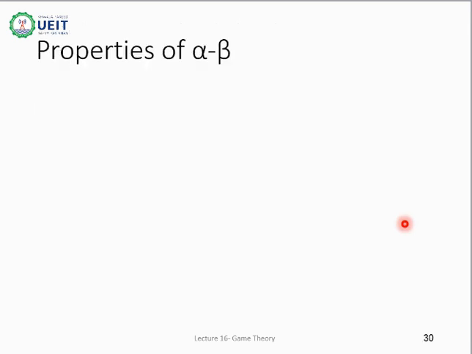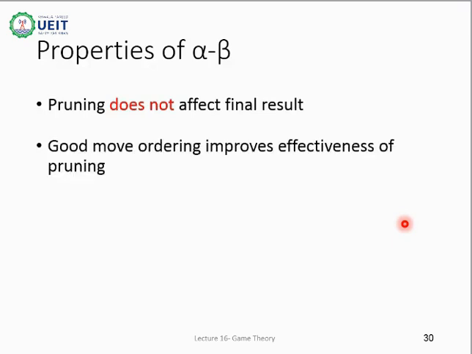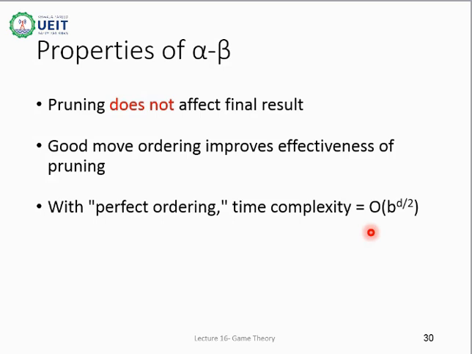Let's discuss the properties of alpha beta pruning. It must be kept in mind that if pruning is performed, it does not affect the final result. It means that if the same tree was searched using the Minimax algorithm and alpha beta pruning, then both will provide the same final path. Alpha beta pruning provides the same result as Minimax, but with lesser time and space complexity. When unwanted parts of the tree are cut off, then obviously effectiveness will be improved. Our search will never get stuck in useless areas that might never lead to successful gameplay.